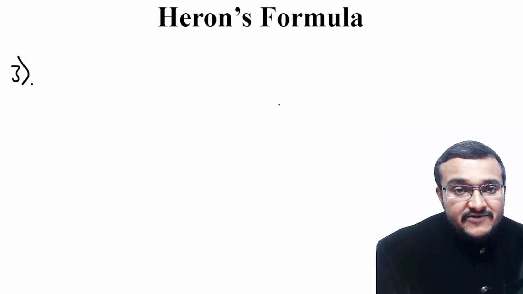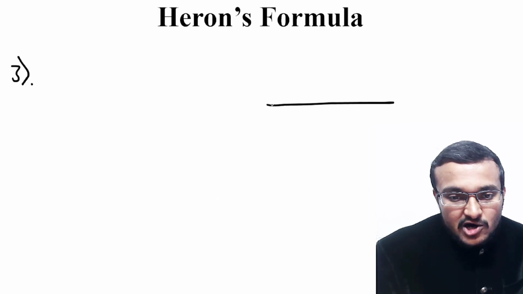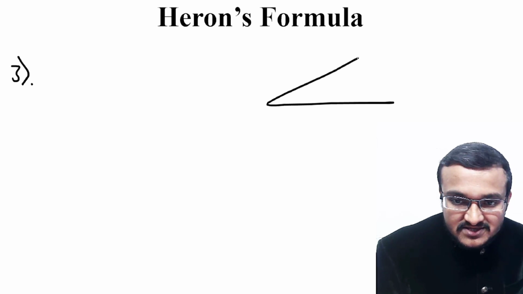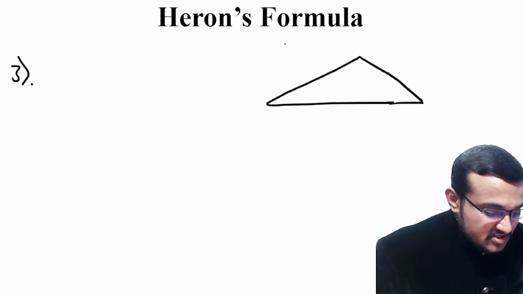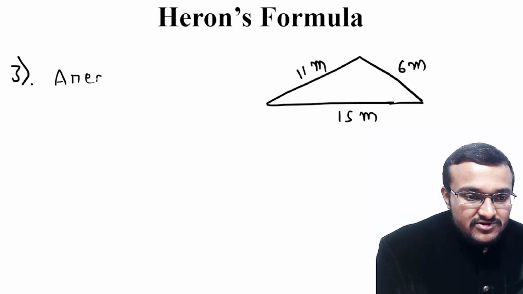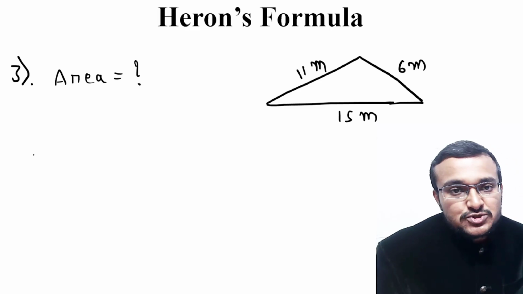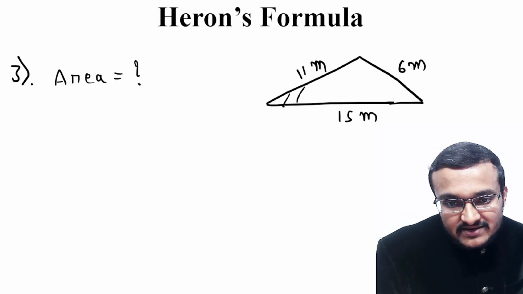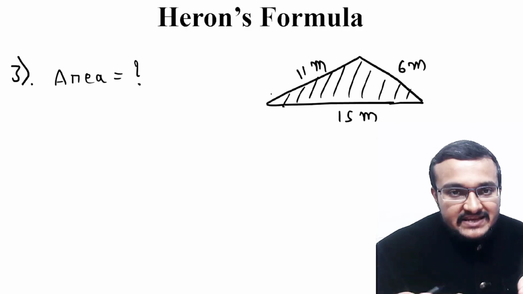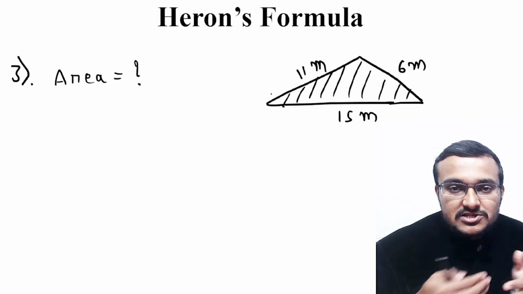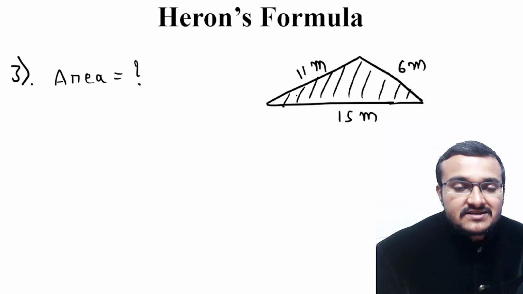So in third question also you have to find out area of a particular wall which is in triangular shape like this. So there is a wall which is there in triangular shape like this. So here also you have to find out area of the wall which has to be painted. So this entire wall has to be painted with some color. So you have to find out area of this entire triangular wall